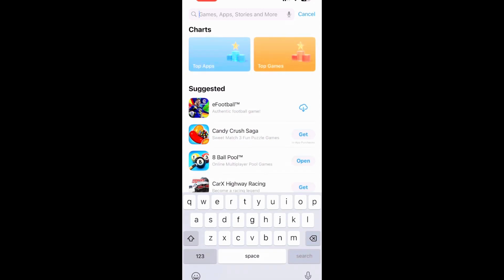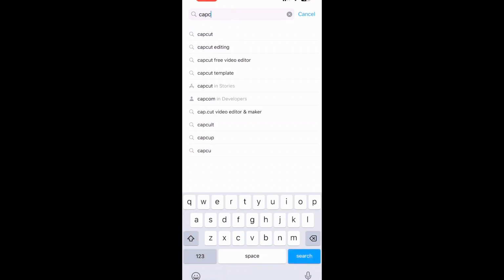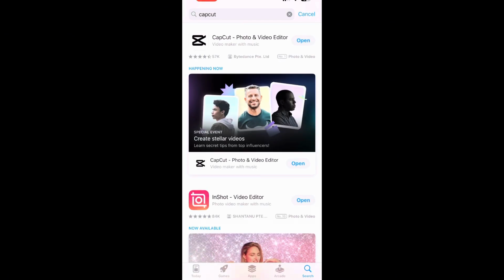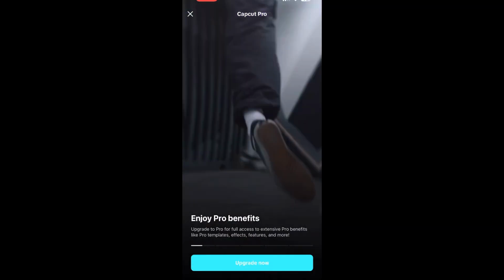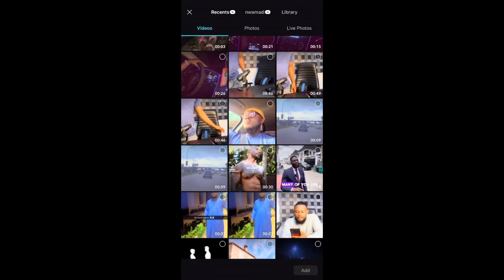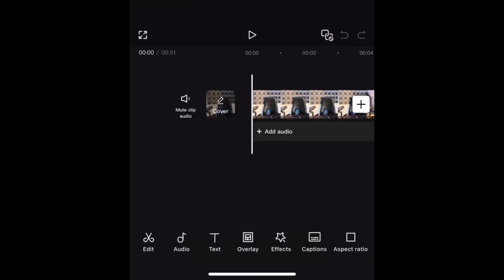Yeah guys, you go to your app store, you search CapCut. Once CapCut is open, you open it. Your app store, your Android, anyone, CapCut is there. Click on new project. Then select the video you want to work on. Once it's open,